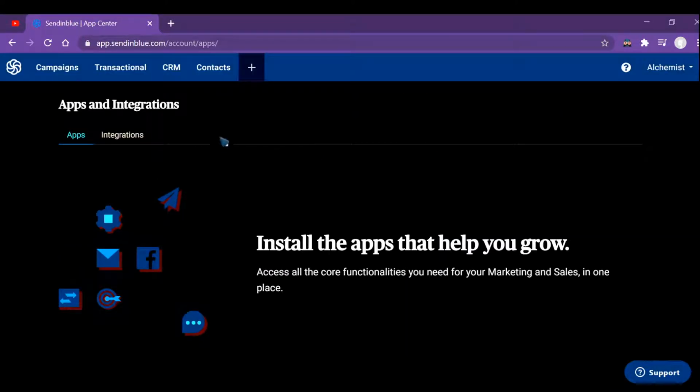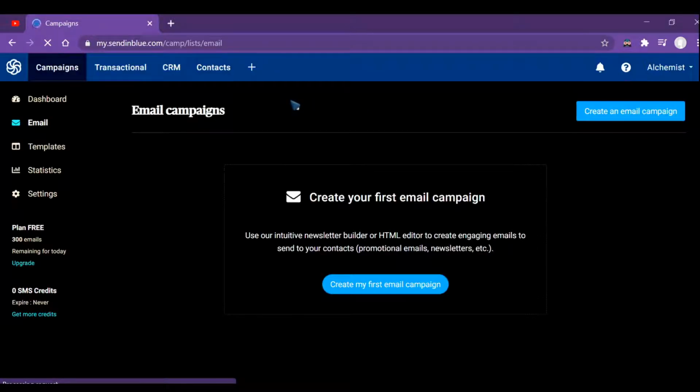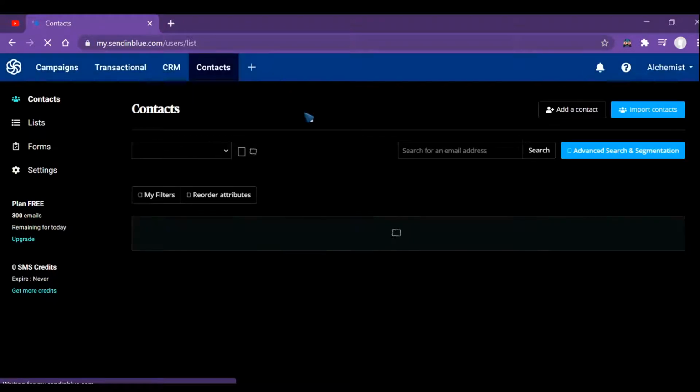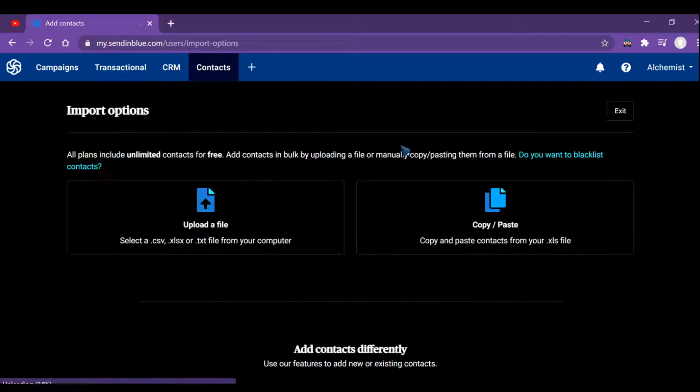So let's get back to the main dashboard where we can look at and navigate the other options that we can do with this software, other things that we can do with this tool. And before we create our first email campaign, let's click on contacts and import contacts from computer. So as you want to import contacts, you can have two options. You can basically upload them. So click on this import contact button. As you can see, we have two options, upload file and copy and paste.